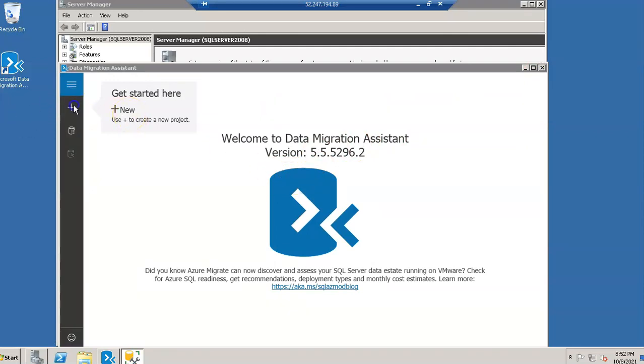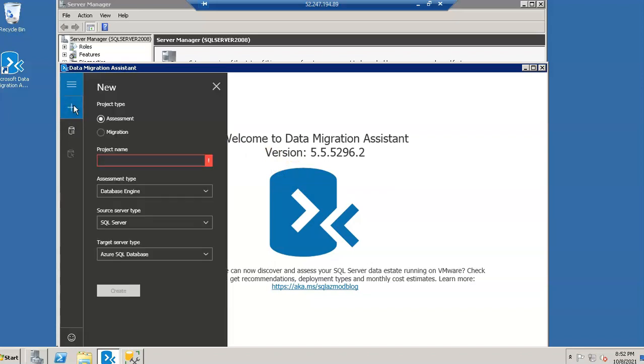You see this lets us add the options. My project type is assessment, and the assessment type I would choose is database engine. Source server type I'm going to choose SQL Server, and the target is Azure SQL database. Project name I will do project 1. I'll create it.